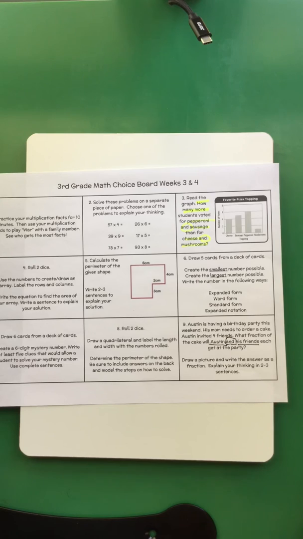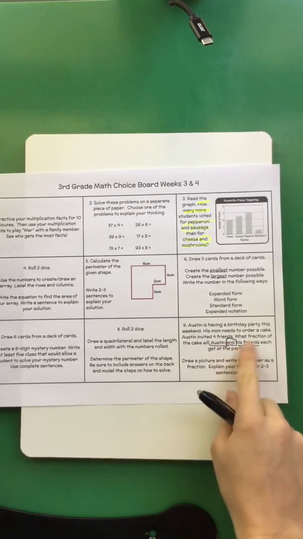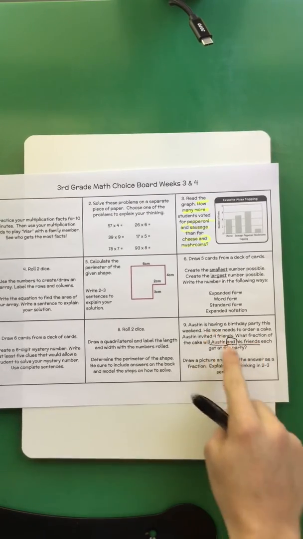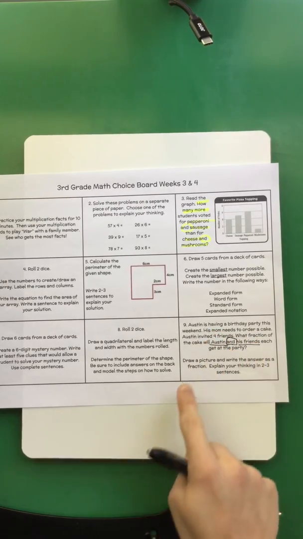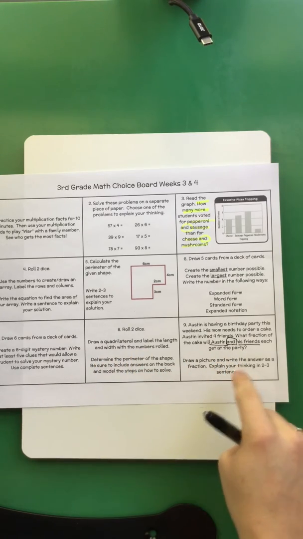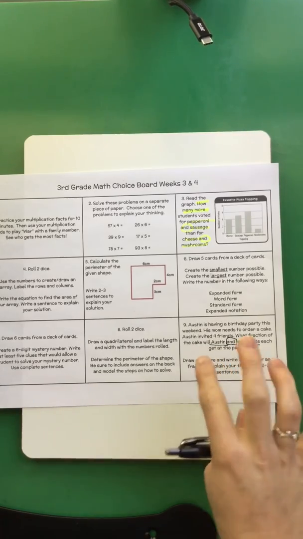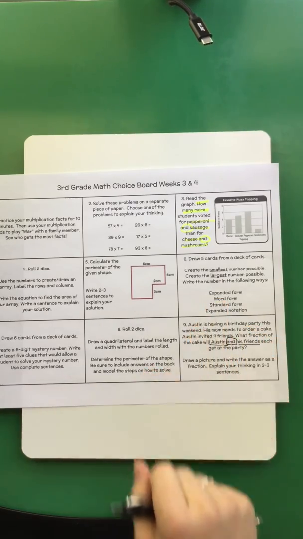So I'm not going to model this one for you because if I did it, I would give away your answer completely. But you just need to make sure you remember that part, Austin and his friends, not just his friends. And his mom is not his friend, so you can't count her, okay? You're going to draw a picture of that cake and explain how you figured out what fraction each of his friends is going to get of that cake, okay? Make sure you write that answer as a fraction. Okay, and then you're just gonna take a picture of that one, label it number 9 from your math board,